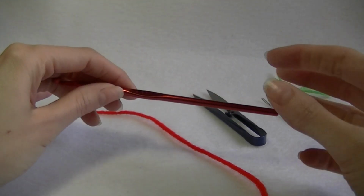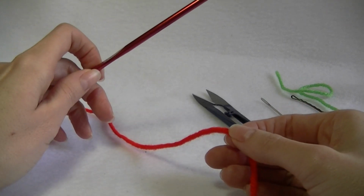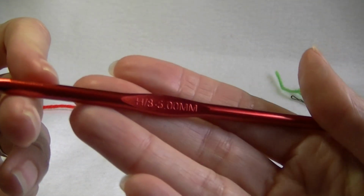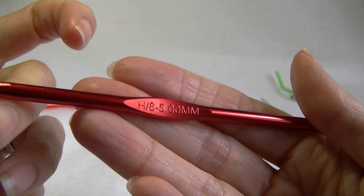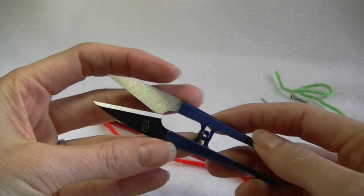I have a crochet hook to go with my yarn. It normally recommends an I or a 5.5mm crochet hook, but I have very loose tension, so I'm actually going to be using a 5mm or an H size hook. Going to need a pair of scissors,